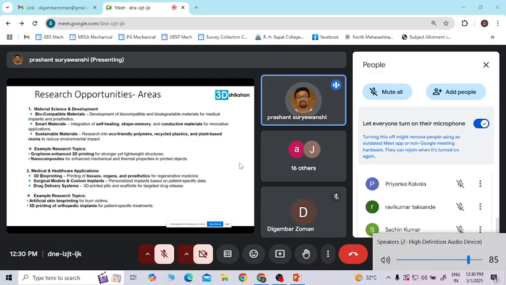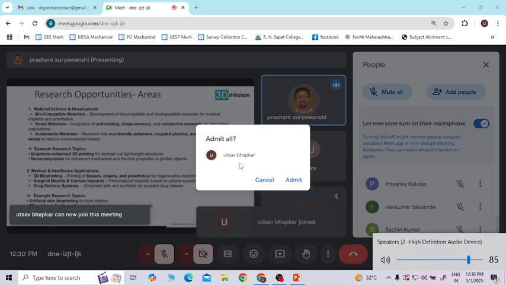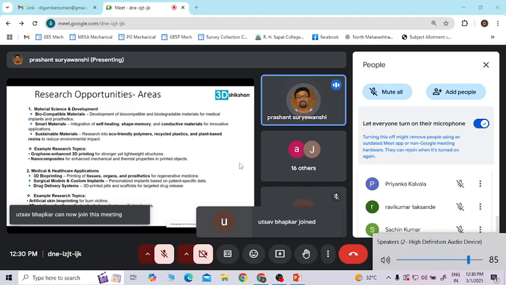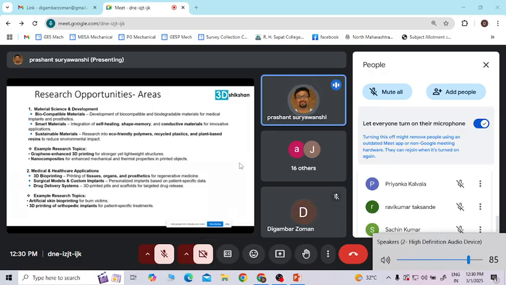Then sustainable materials, like eco-friendly ones, because this technology reduces wastage. So this is an eco-friendly technology, and it adds to the sustainable goals, the SDGs India is pursuing. Then how can you recycle these plastics? There are some scratches happening with this, but how can you recycle it? Then plant-based resins.